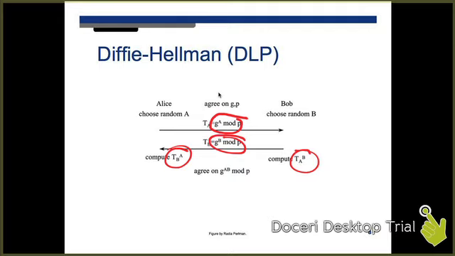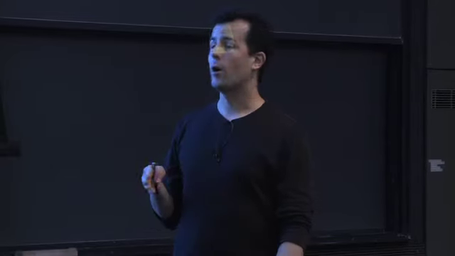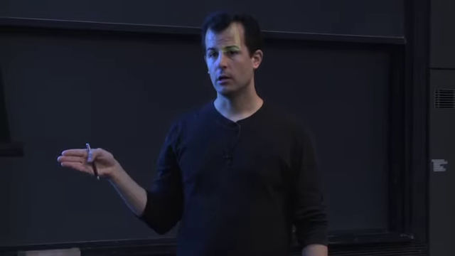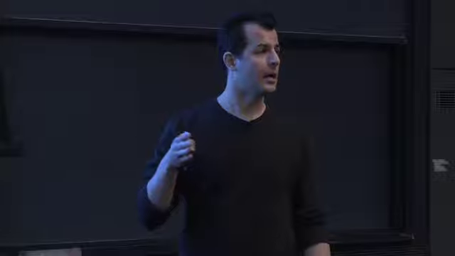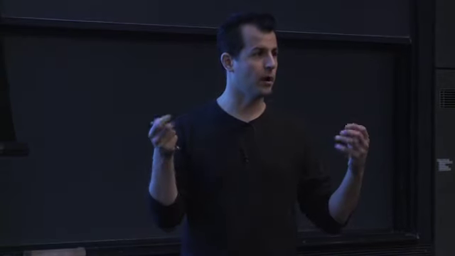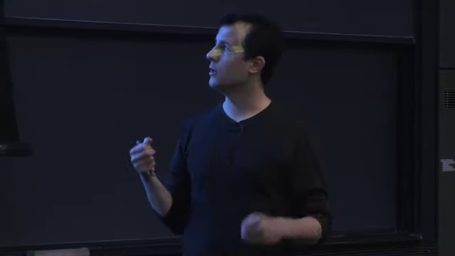And Bob does the same thing, raising to the power of B what Alice sent him. But if you recall how exponentiation works, when you raise something to a power and then again to another power, you end up multiplying the exponents. So mathematically, what both Alice and Bob have done here is raised G, which again is some number like 2, to the power of A times B, or rather the power of B times A, but that's the same thing. With multiplication, you can do it in either direction, mod P.